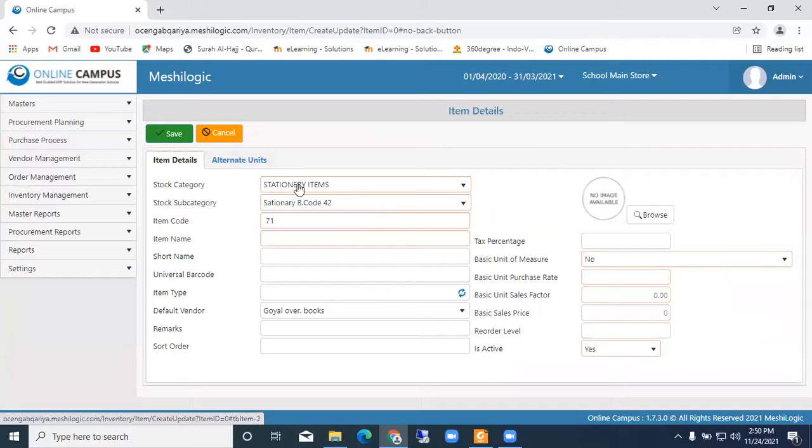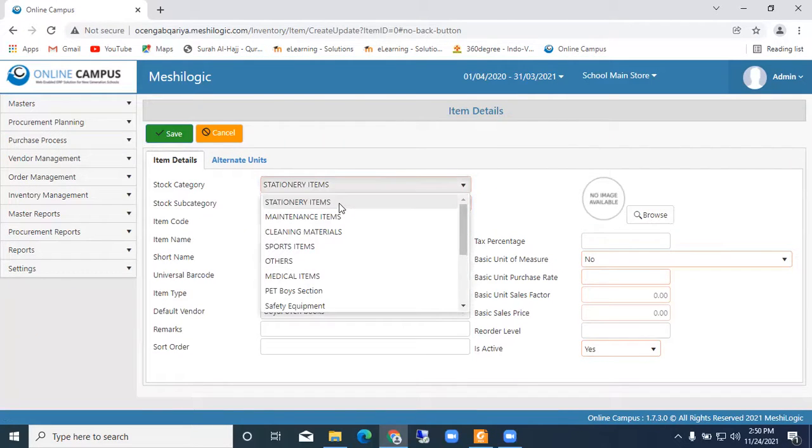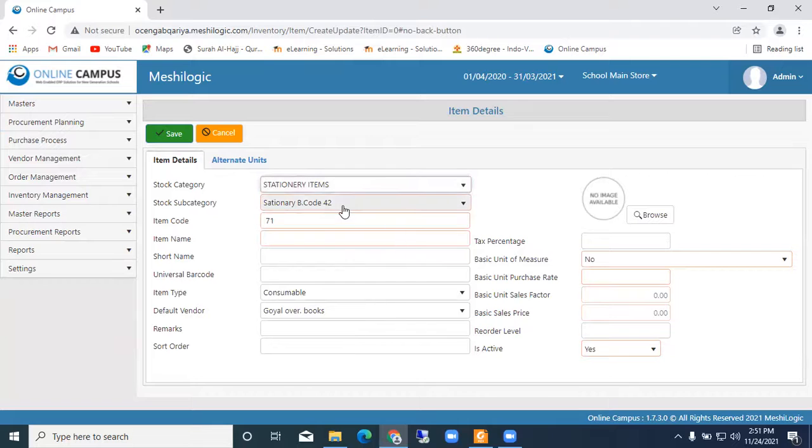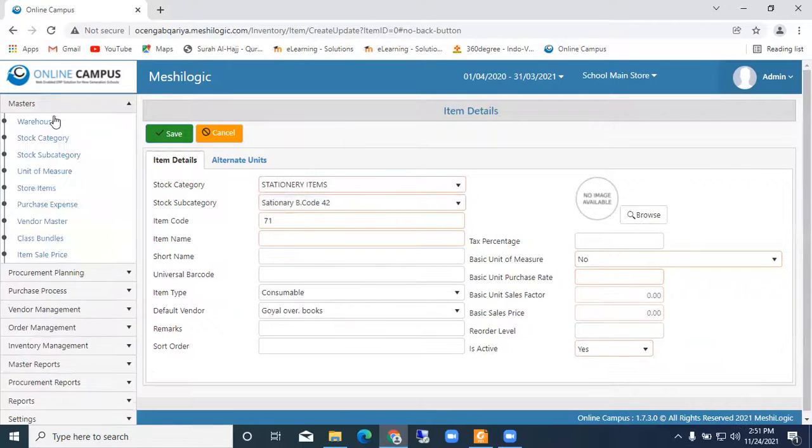You can create the item here. When you create the item, the first thing is to select the category. Select the stationery category, and then select the subcategory, the one we just created. Then the item code is generated automatically.